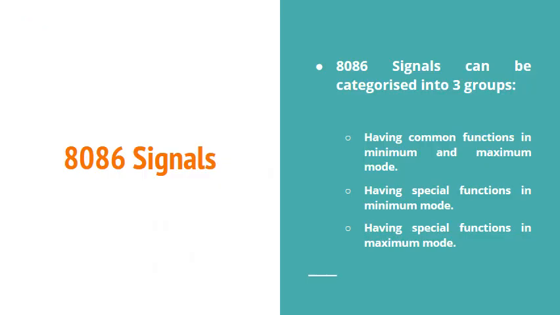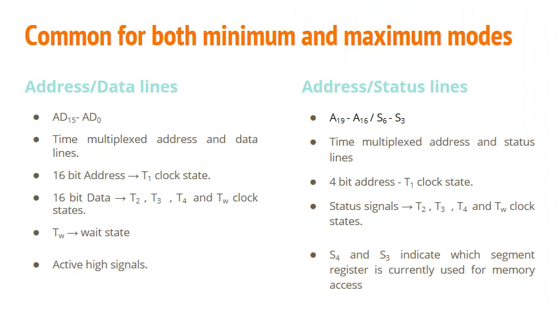Like we said before, the 8086 signals can be categorized into 3 groups: the signals which have common functions in both the minimum and the maximum mode, the signals that have special functions in the minimum mode, and the signals that have special functions in the maximum mode. First, let us look at the signals that are common for both maximum and minimum modes, starting with the address